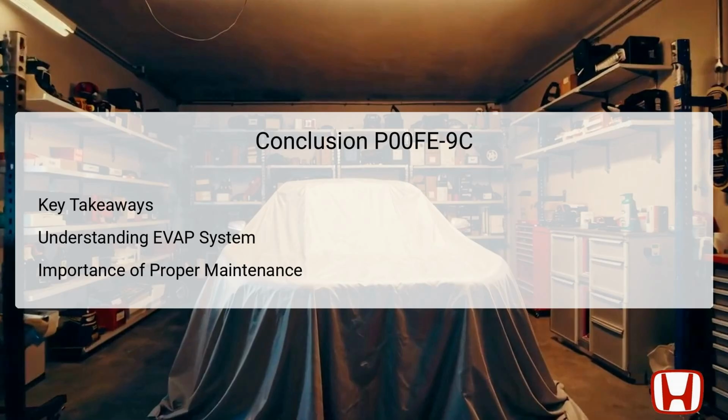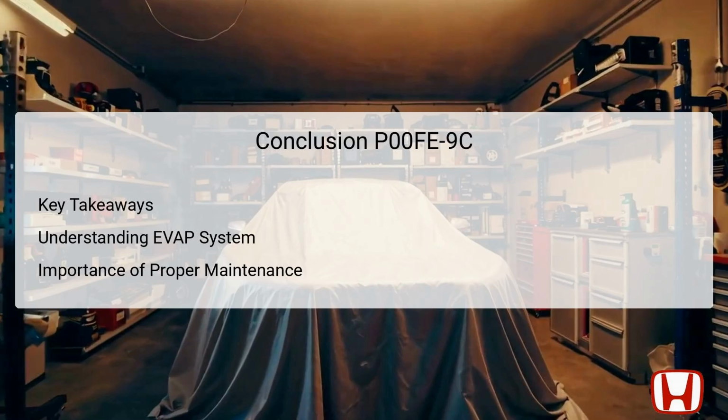In conclusion, addressing DTC P00FE-9C involves understanding the function and maintenance of the EVAP system. The primary function of the EVAP system is to capture and manage fuel vapors, and any blockages can compromise this ability. Recognizing the signs of problems, such as decreased fuel efficiency, the check engine light, or gasoline odors, is essential